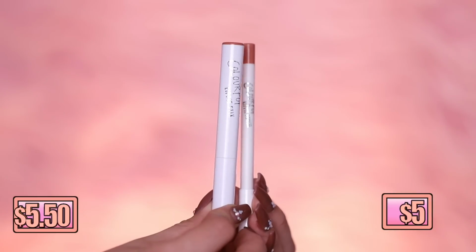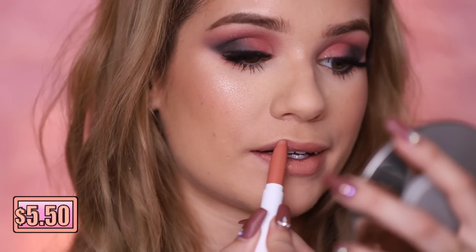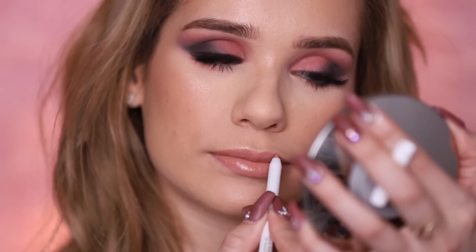So now for lips, I have two ColourPop products. I'm gonna use one of their lippie sticks. This is in the shade Sure Thing. And this is the exact same lip pencil. It's in Sure Thing. So now last step is to set everything into place and melt all those powders together